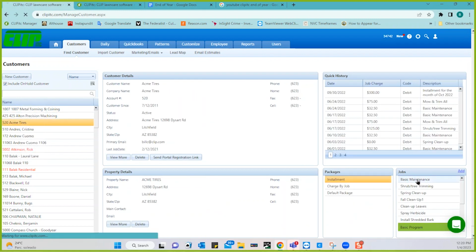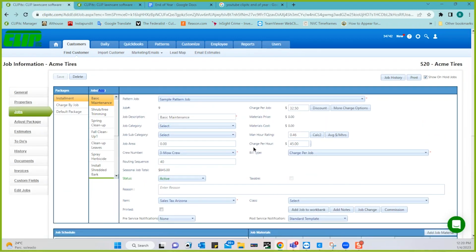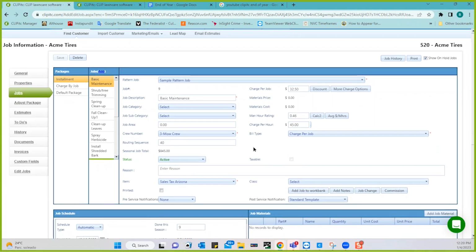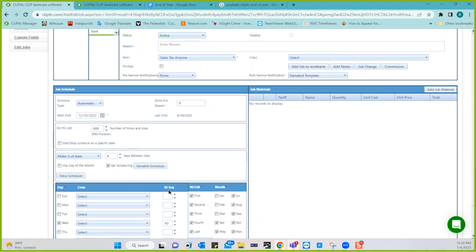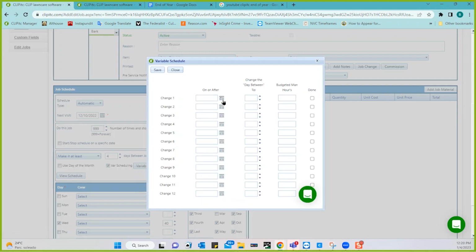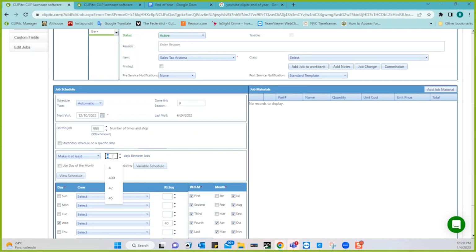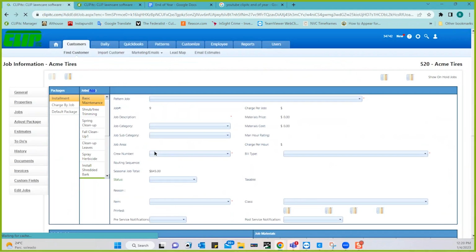Okay, so here's basic maintenance. And this is an Arizona scenario here. So we have basic maintenance, and we have variable schedule set up. And what this means is if I click on here, the program will allow me to change the schedule. So let me take a step back. Right now, let's say we're in a bi-weekly schedule in January. So I set that to bi-weekly, save. And then the variable schedule would be that